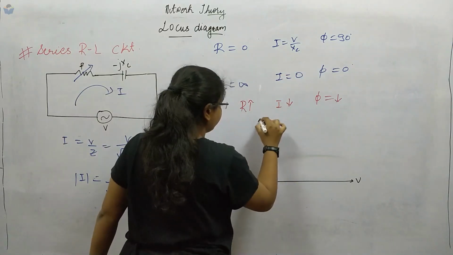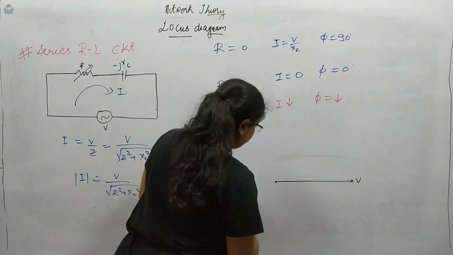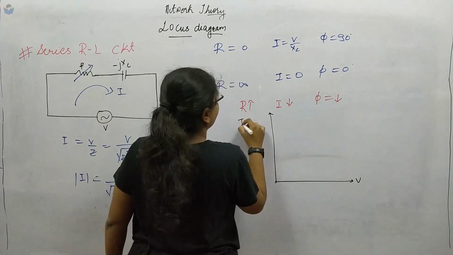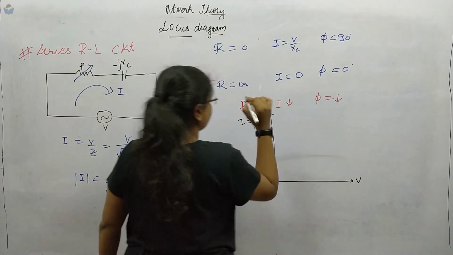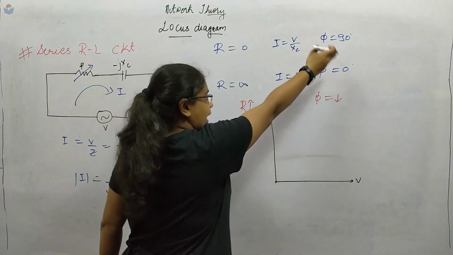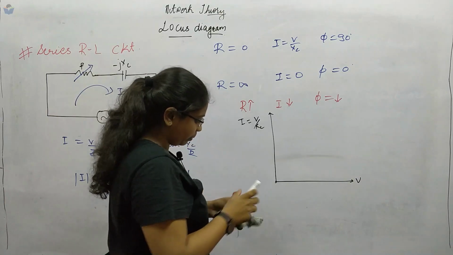So here is our current path. Okay. So this is 90 degree and I equal to V upon XC. Correct? So this is positive 90 degree. Now the angle is reducing, current is also decreasing. So our path will be,